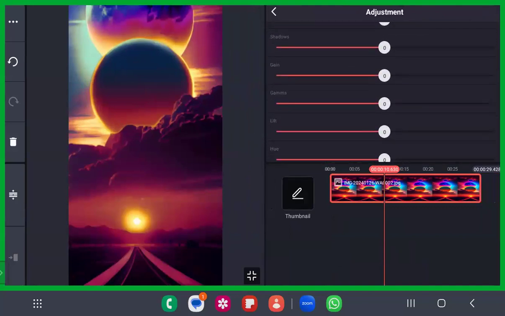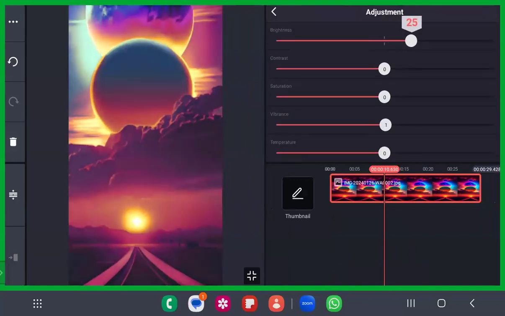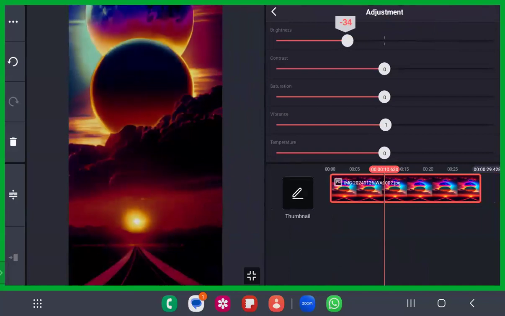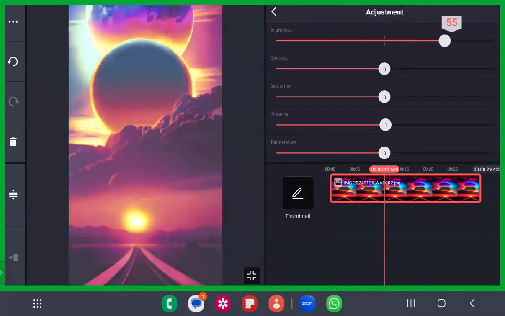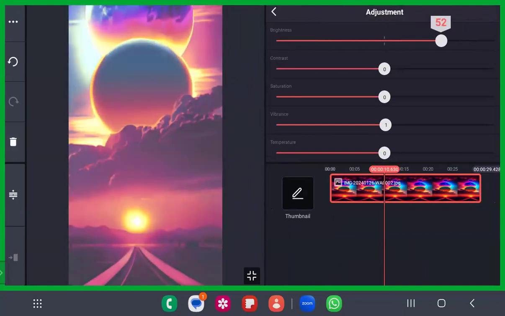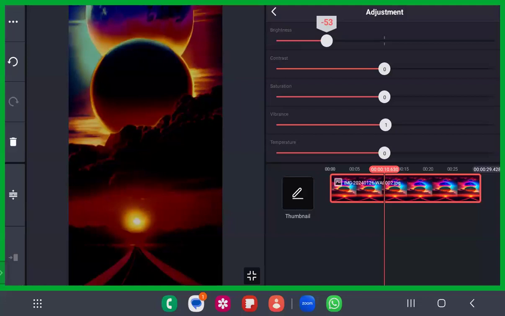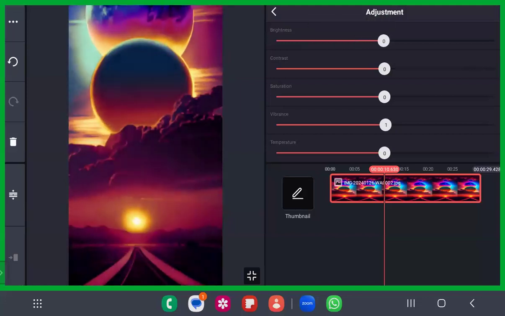There are so many options under adjustments. You can try all of this. One is the brightness, which is used to increase the brightness of the photo or the video. If it is in a somewhat darkened pattern, you can increase the brightness. And if it is fully lightish, then you can decrease the brightness. So this also plays a key role.